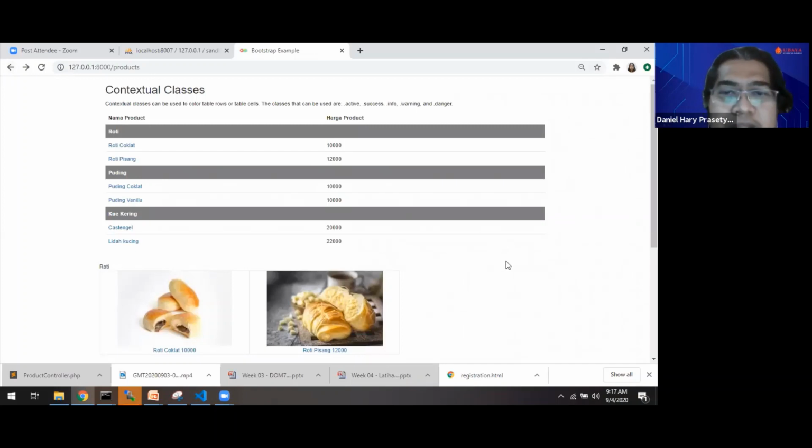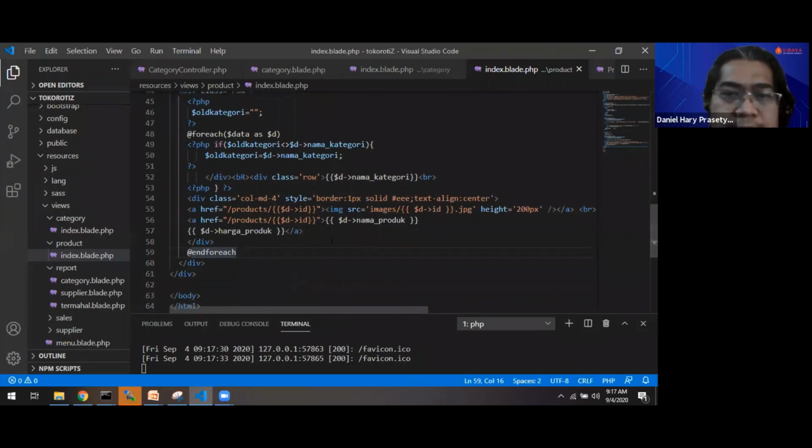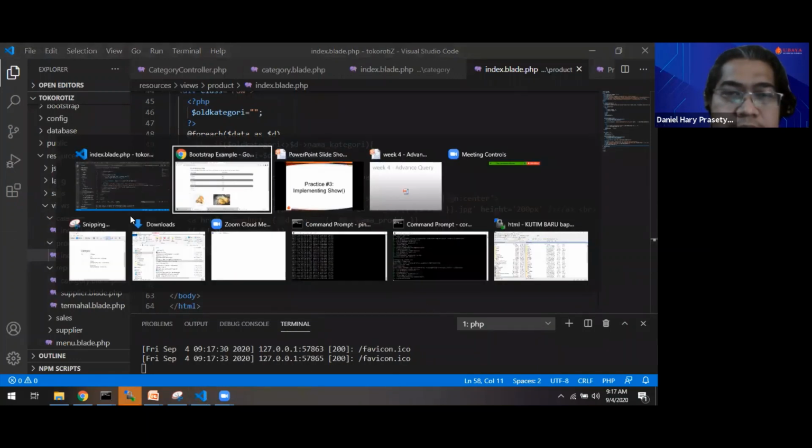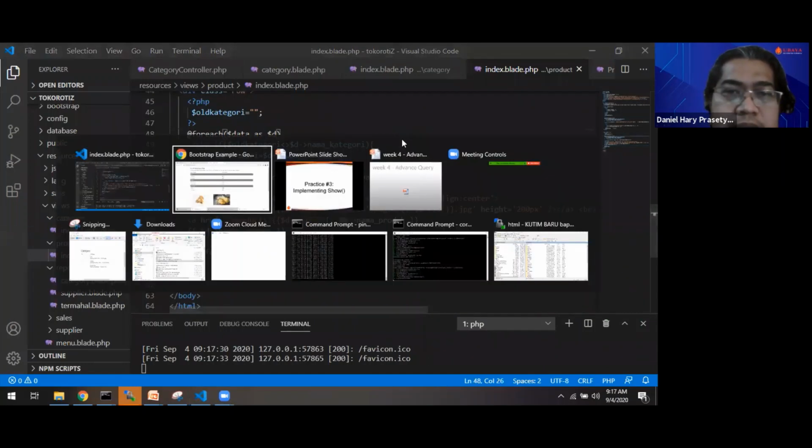Okay, we will continue to make the show view, show.blade.php. We will create it, but before we create it, maybe we can see what the product is first.